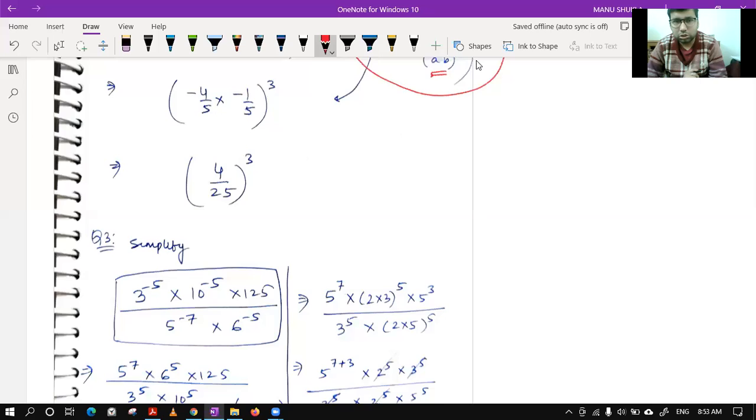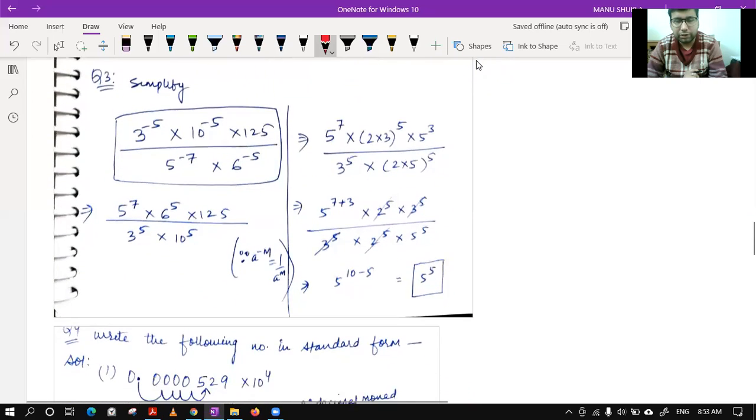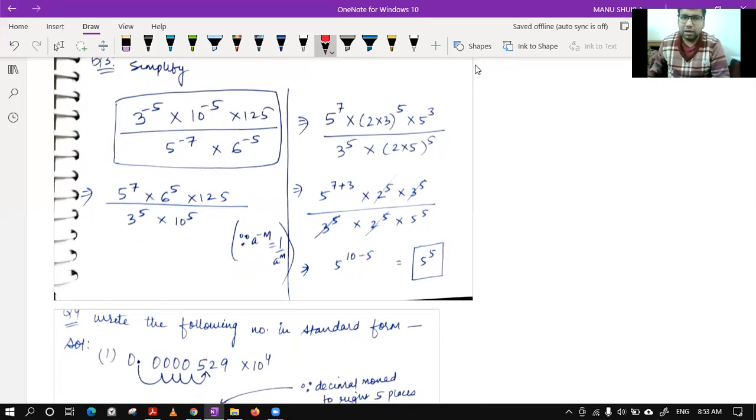So I think this question is also similar. This simplify also is the same thing. Try to write all the numbers in terms of prime factors. This is the best way to solve these kind of questions. Try to write all the composite numbers as prime numbers. I have tried to write this 10 as 2 into 5. Sorry, this is the 10 thing.